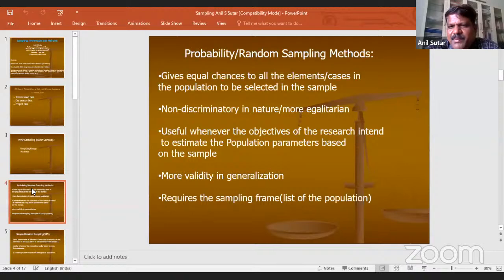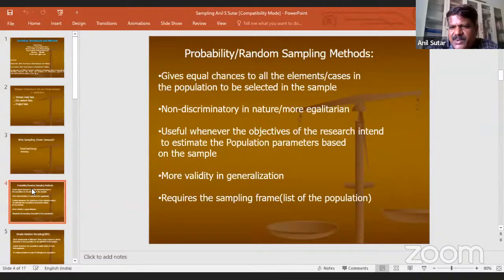When I say that I am using random sampling method to select my respondents, it is a very serious claim. Serious claim means I have an obligation to ensure that all management teachers. Of course, I can further delimit by saying management teachers from aided colleges, management teachers from non-aided. That is your prerogative.